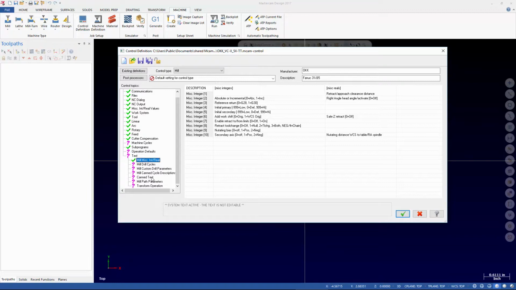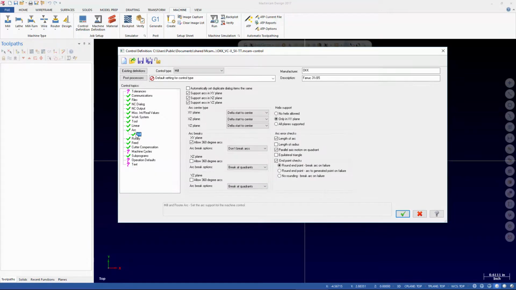We've gone through and we've set what we want all of our defaults to be. If I look at arc, you can see that we're supporting arcs in all the planes. The output is going to be IJK, so delta start to center. For arc breaks, we're allowing 360 degree arcs in XY, and we're telling it not to break arcs. This will allow us to turn on comp and then do a full circle and turn off comp, which is a nice feature, and it's nice too if you're doing helical motion, because